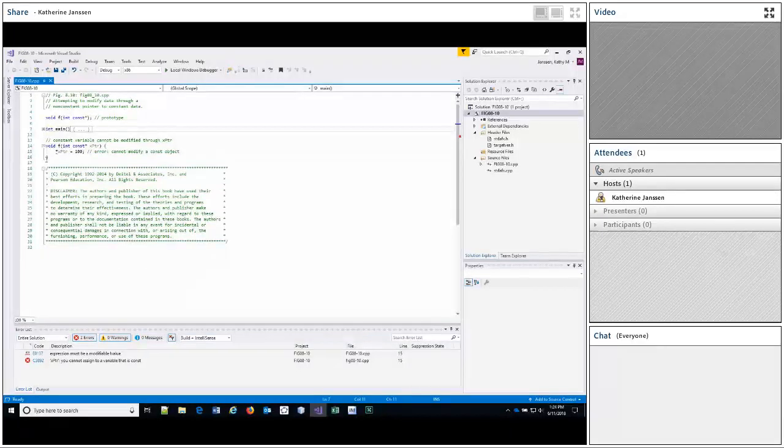Main. Constant variable cannot be modified through X pointer. So here's our function void f int constant star X pointer. So X pointer is the name of a pointer to a constant integer. Here we're trying to